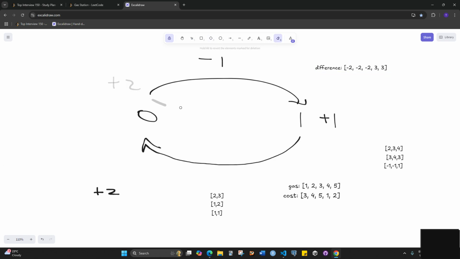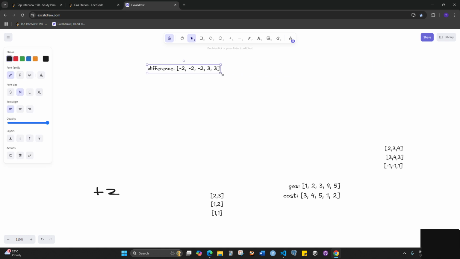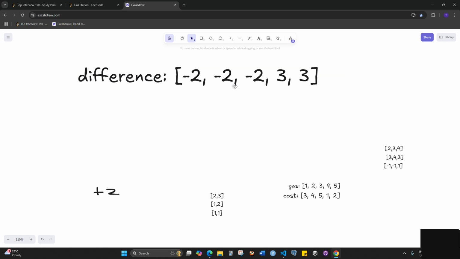I got the idea now. I just need to make some space over here. Difference is over here. How can I develop an algorithm for looping through this difference array so that I know that there is a position where